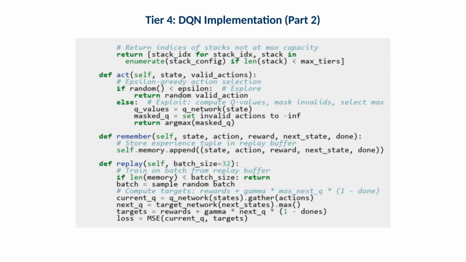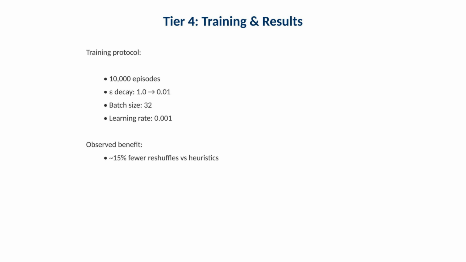This continuation implements training, replay buffer logic, batch updates, target updates, and evaluation. The goal is to produce a stable policy that generalizes across scenarios, not a brittle policy that works only on one bay configuration. Training results typically show fewer reshuffles than rule-based baselines. A concrete claim is that a deep Q network policy can achieve about 15% fewer reshuffles than traditional baselines. In a test case with 20 containers and 4 stacks, reshuffles drop from 4 down to 2,